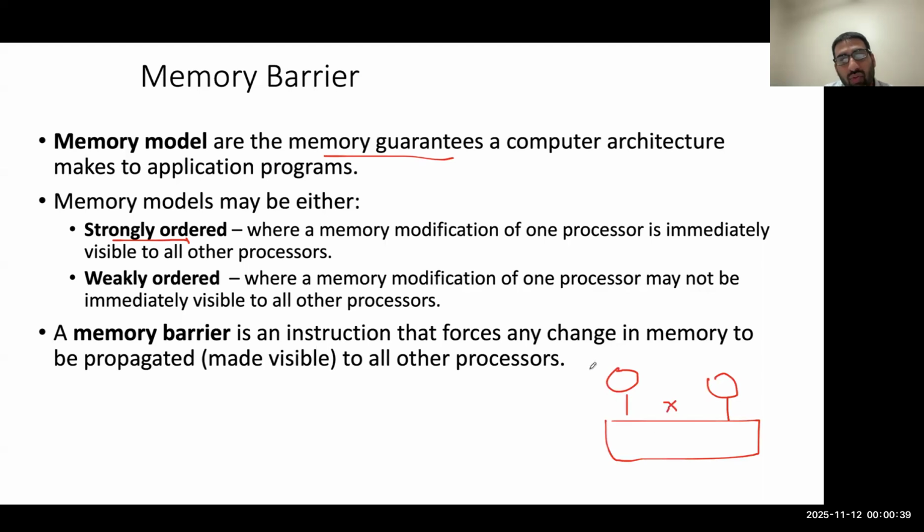So if thread 1 reads x from memory and brings it into its register, and it makes any change in the variable x, then the other thread, let's say thread 2, will be notified, or it will be able to see the updated value of x